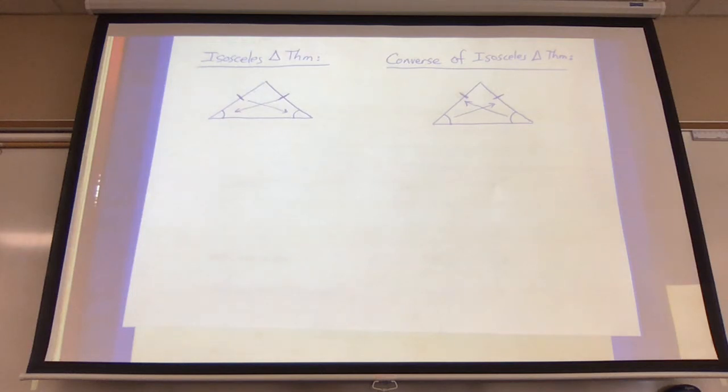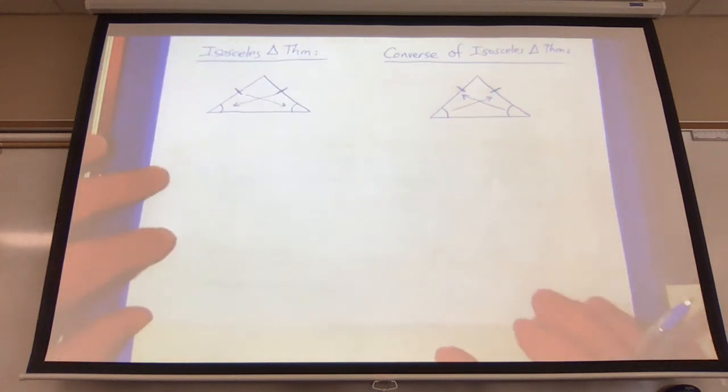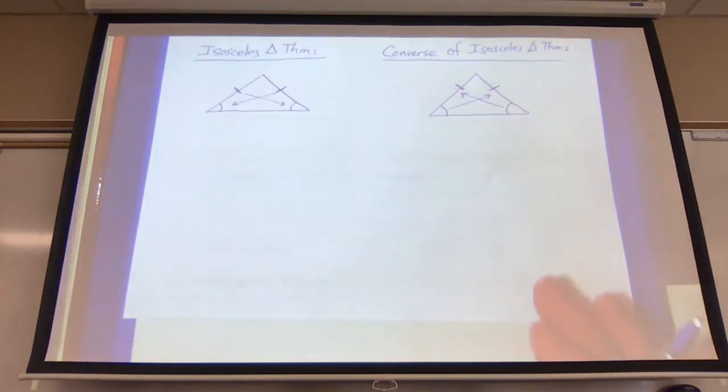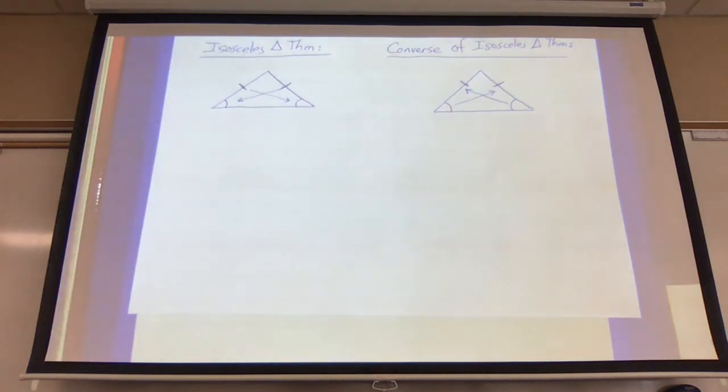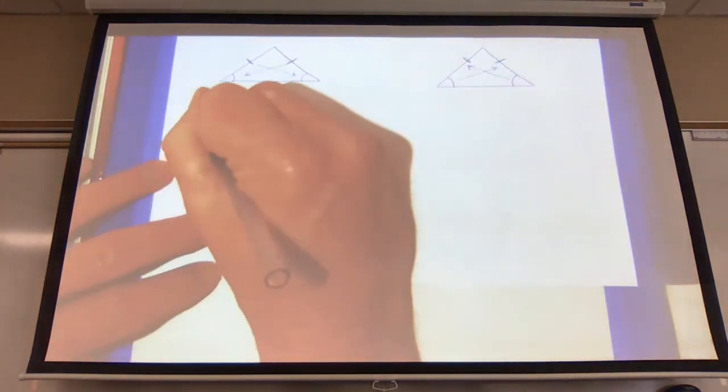And then we have two more statements. These are called corollaries. A corollary is a statement that you can prove using a theorem. We're just going to approach it the same way we do with theorems and postulates. It's just a true statement, something we know is true. So our first corollary,